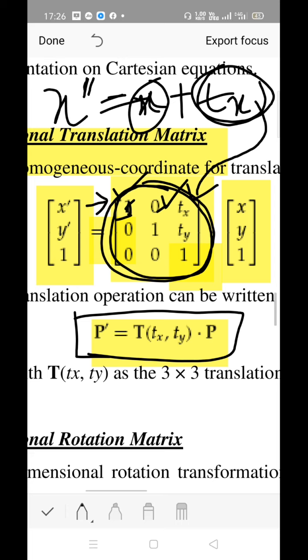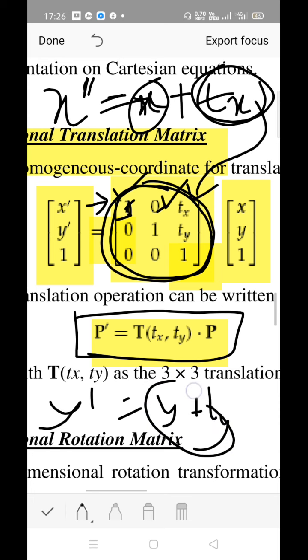So for y, what is the formula? Concentrate here, concentrate on the pointer, okay? Y dash is obtained with the same formula, y plus ty, where y is the original value, ty is the displacement vector value for the y-axis, isn't it? Y plus ty. Is there any x term? No, there is no x term. So the first parameter represents x, the second parameter represents y, the third parameter represents the constant, this constant ty value.